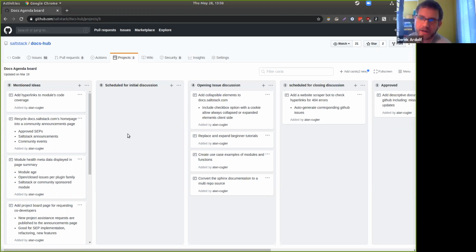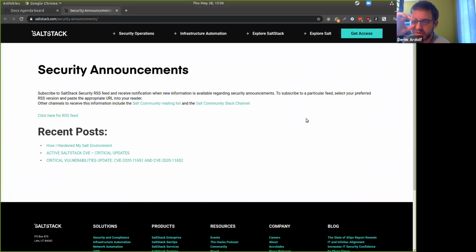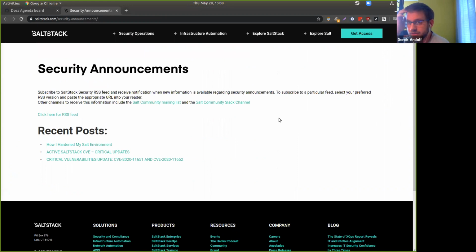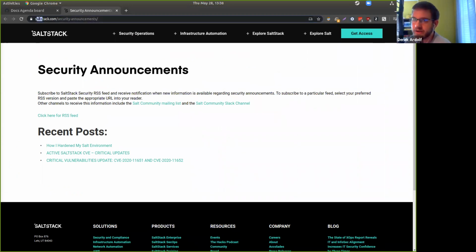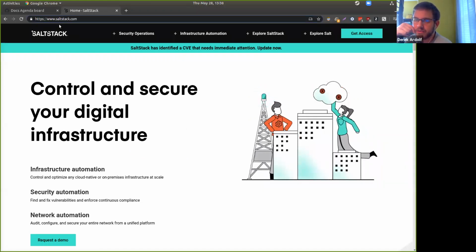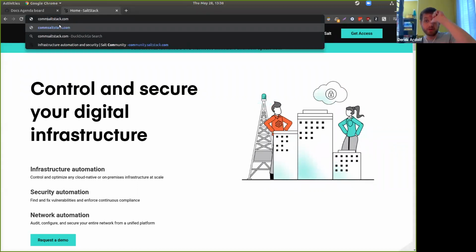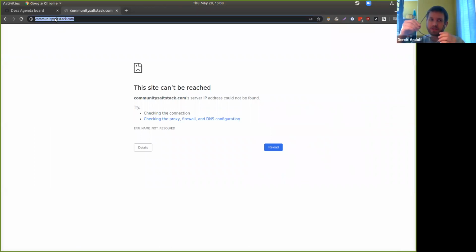So, and I just threw a link into the chat too. I forgot that there's also a security announcements page that was created, meant to be an automatically updated page with an RSS feed for monitoring, but I don't really know the details behind how that is managed and updated, especially because a lot of people were like, oh, I wish that I had an RSS feed to monitor so that I could get notified when a CVE was released or something. So it does have an RSS feed link on that page, but I'm not really sure of the details for how that's all